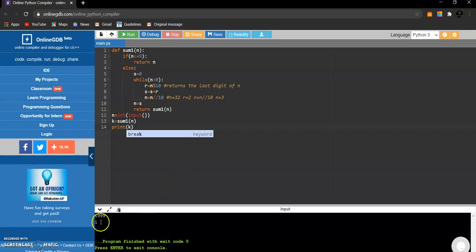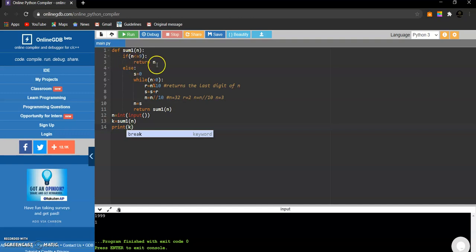We'll get the digisum as 1 because 1 plus 9 is 10, 10 plus 9 is 19, 19 plus 9 is 28, and this 28 is again passed into sum1, and then we'll perform the sum of its digits where we get 2 plus 8 which results in 10.